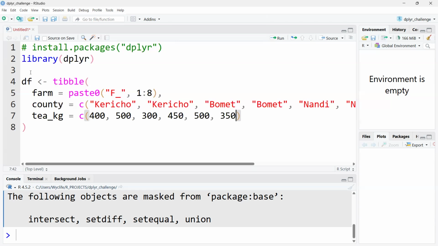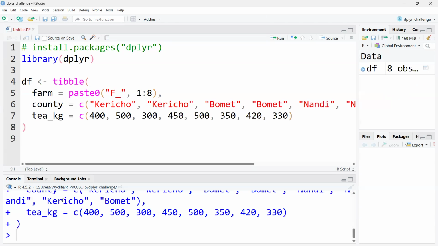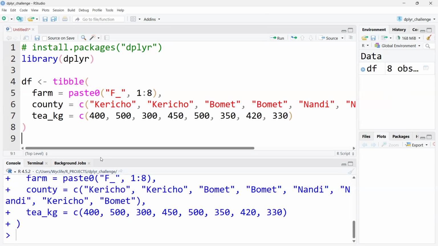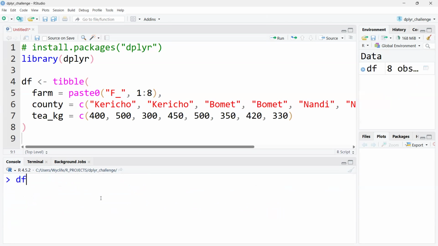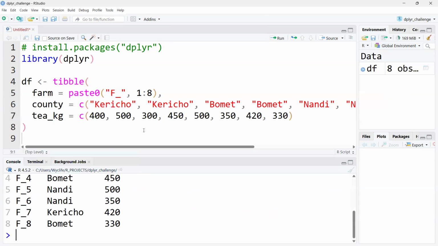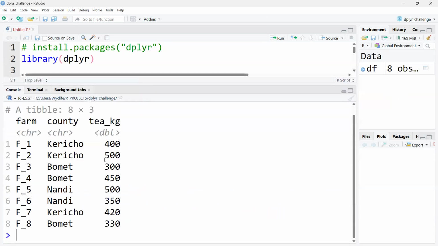Then you also had 350, and then 420, and lastly 330. It doesn't matter. The values are better in your records. These are just dummy for a demonstration. So if we check our df object, it has all the farm values and the county values and the tea